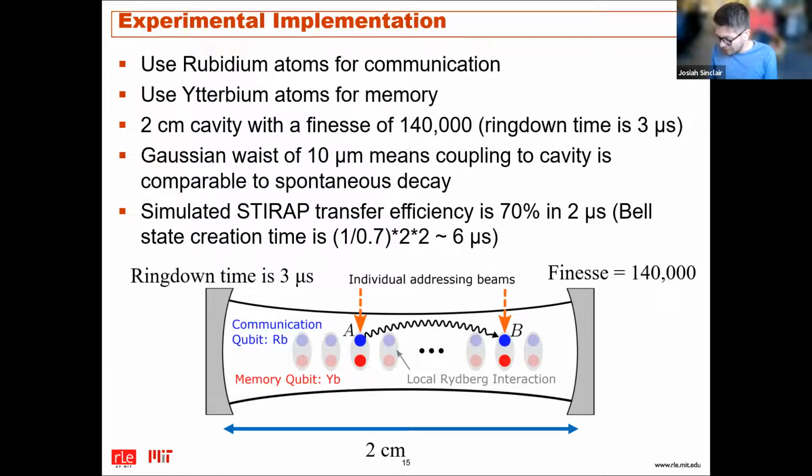This was actually a big concern for us on the trapped ion front. So in the trapped ion version of this implementation, rather than a pair of Rydberg atoms, it's a trapped ion chain with one of the trapped ions on the end of the chain in the cavity and the rest not. And you're using Coulomb gates, which means you're using the motion of the ions in the chain to do the local operations between the communication and memory qubits. And that means that there's a lot of residual motion for